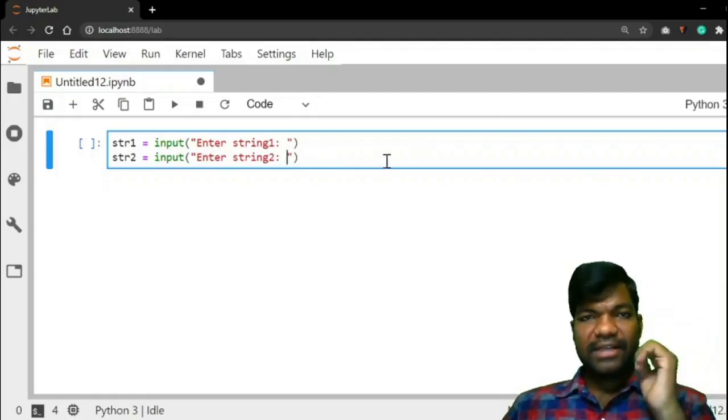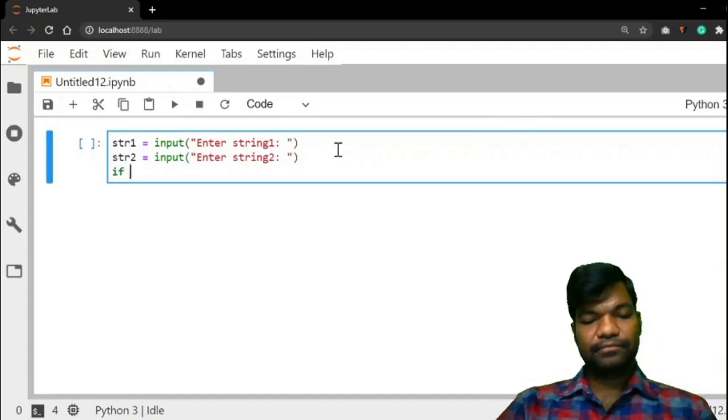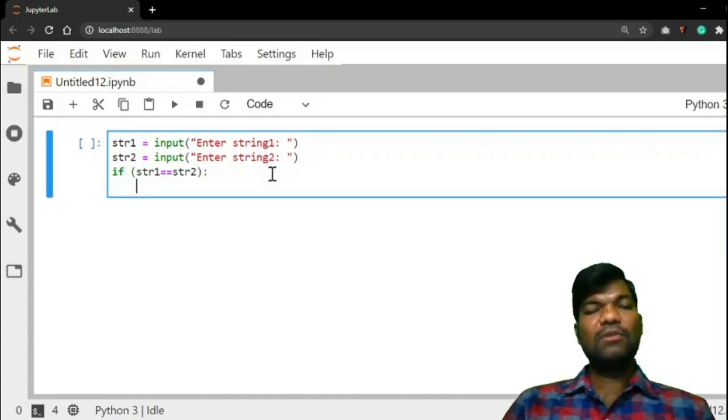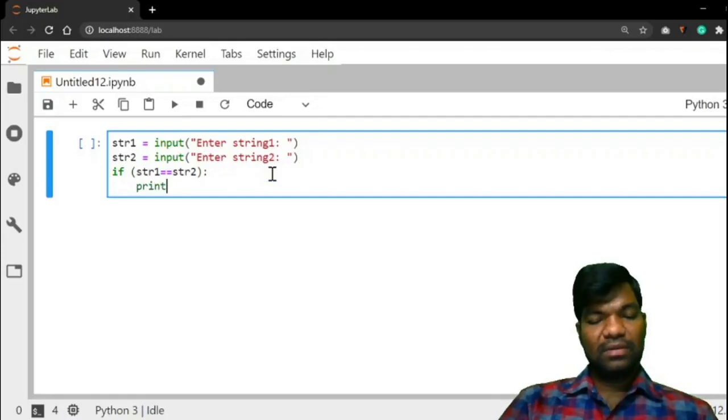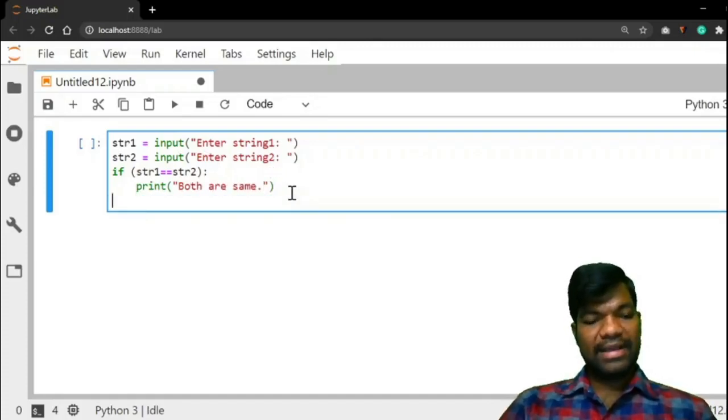String 1 is collected, string 2 is collected, right? If str1 is equal to str2, so what do you have to print? Print of both are same, else,